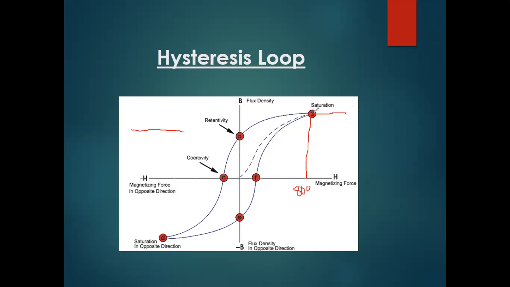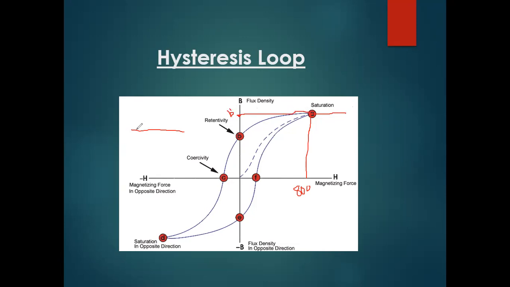That point is known as the saturation point. Saturation point means you are increasing current and the magnetic field increases, but only up to a certain limit. After that limit, even if you increase the current, the magnetic field will never increase. Saturation point is your highest magnetic field while current is flowing. We can say this point is, for example, B dash 1.